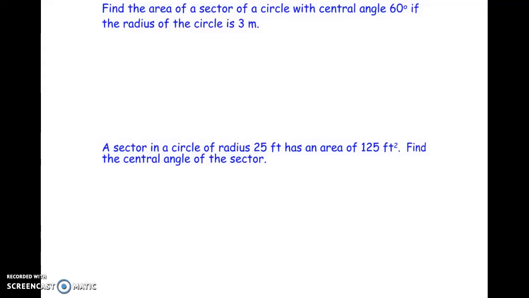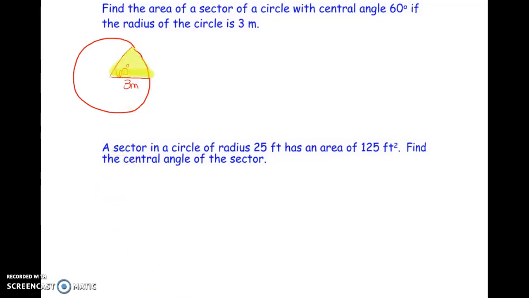Let's take a look at examples 4, 5, and 6 on your worksheet. So number 4 says find the area of a sector of a circle with a central angle of 60 degrees if the radius of the circle is 3 meters. To visualize that, we're looking at a circle with this angle of 60 degrees and a radius of 3 meters. We are trying to figure out the area of this piece of the